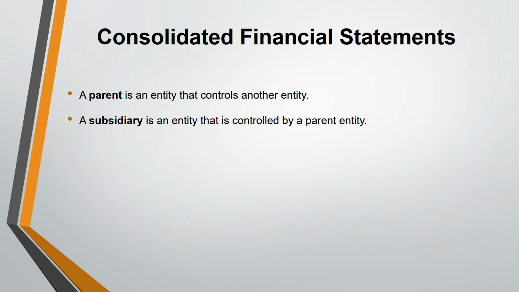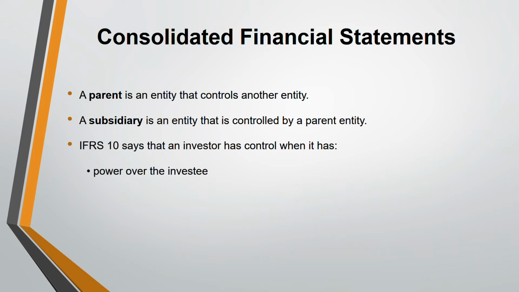Under IFRS 10, the main thing is the definition of control. This is usually asked as a theory or discussion question, whether the parent has control over the entity or not. In order to consolidate, first you should know whether control exists or not. If control exists, you consolidate. If control does not exist, you do not consolidate. For control to be there, there are three things you have to look for in your scenario. First you write the three general points, then you apply them to the case study and see whether they are there or not.